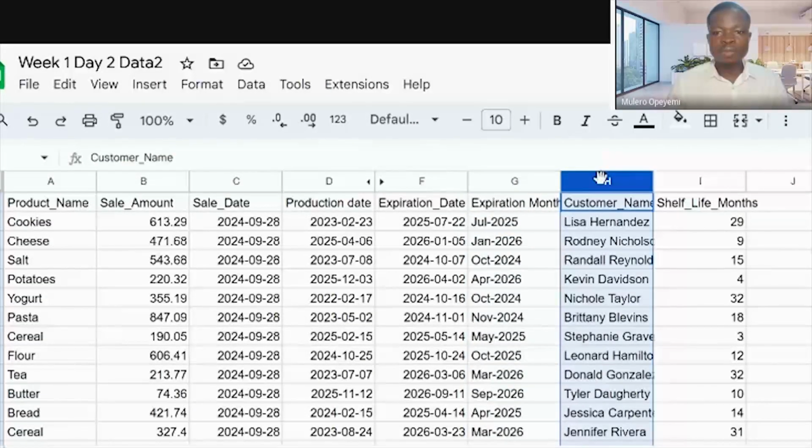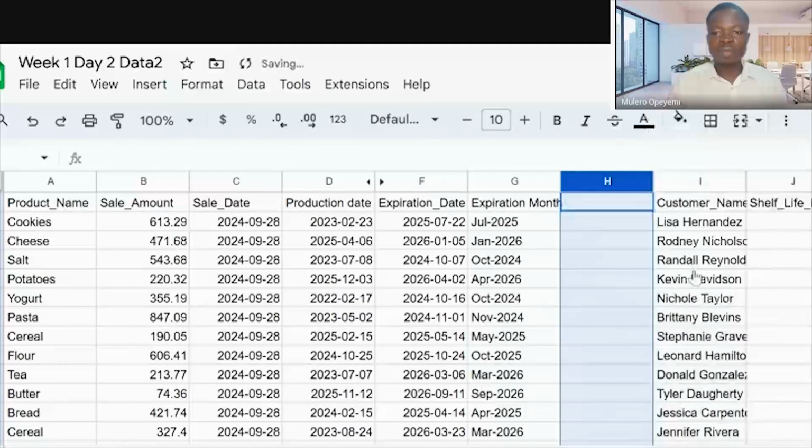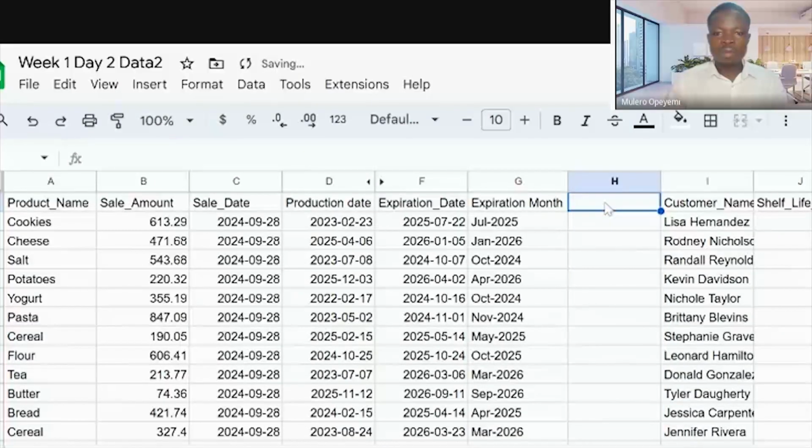So let me insert the column here. Insert column left. Then let me name that column Today.